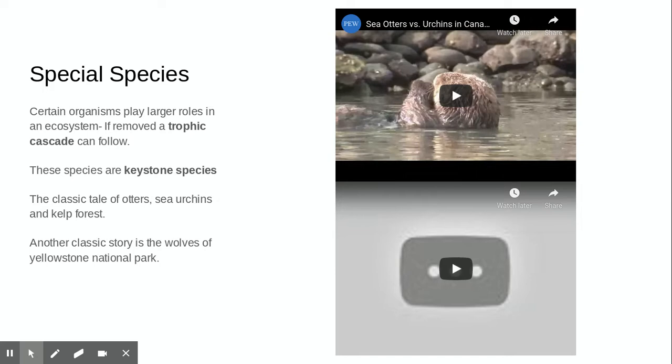The sea otters were reintroduced. They controlled the sea urchin population. The kelp grew back. The ecosystem came back. The classic story of the wolves of Yellowstone is also a beautiful story. Here in America,